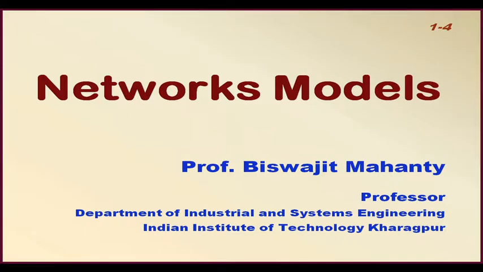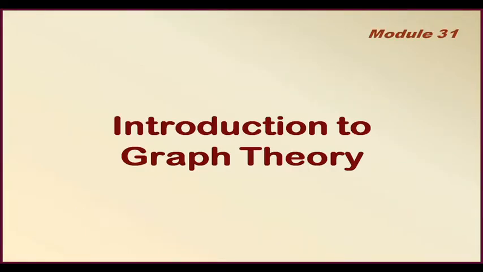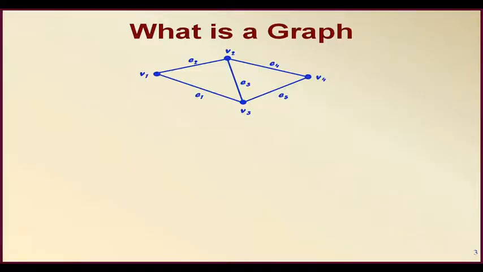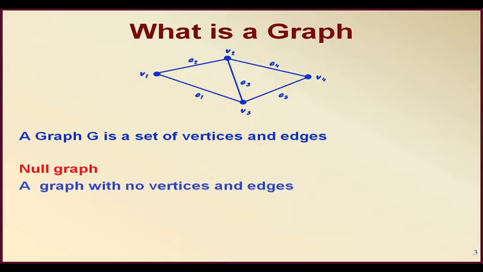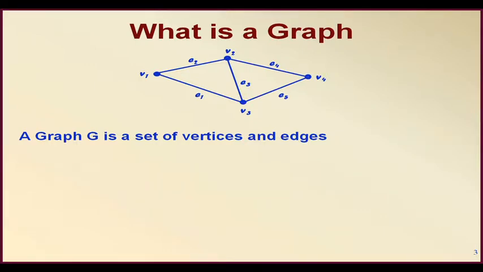and finally after all these basic graph theoretic concepts and their uses, we shall specifically take up two kinds of models. One is the flow models and the other one is the shortest path models, right. Now these basic graph theoretic concepts, that is our first thing, the introduction to graph theory, which is basically used in the network models. So the first and foremost topic will be, first of all, what is a graph, right. As you can see in this particular diagram, a graph G is a set of vertices and